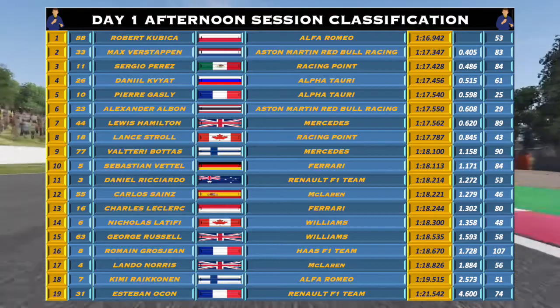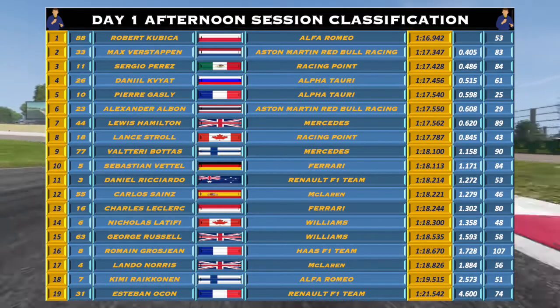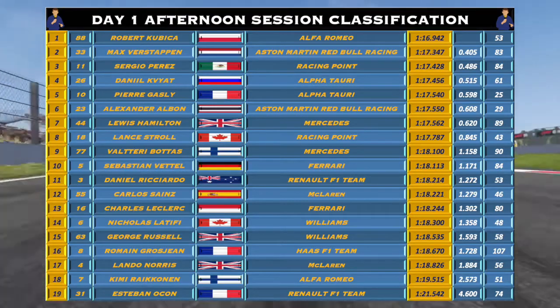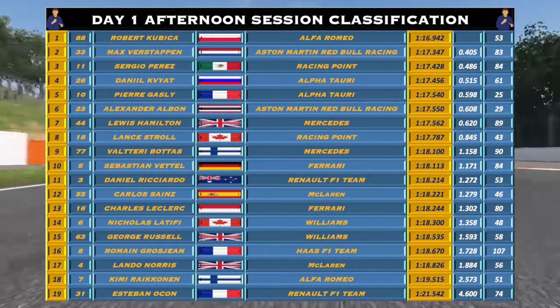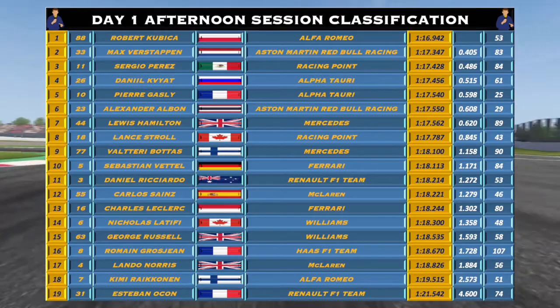Lewis Hamilton 7th on a 1:17.562. Lance Stroll 8th at 1:17.787. Valtteri Bottas 9th at 1:18.1, and Sebastian Vettel rounding out the top 10 at 1:18.113. Daniel Ricciardo is 11th at 1:18.214, Carlos Sainz 12th at 1:18.221, Charles Leclerc 13th at 1:18.244, Nicholas Latifi 14th at